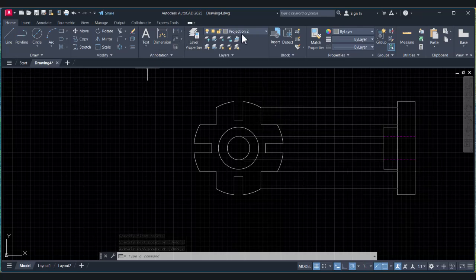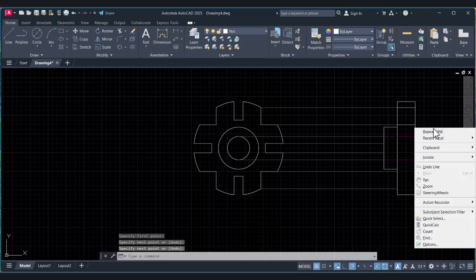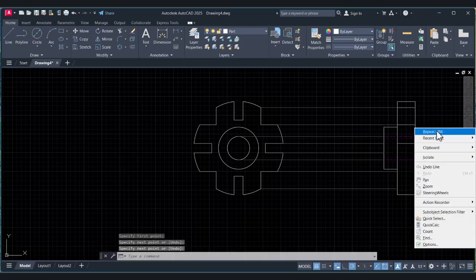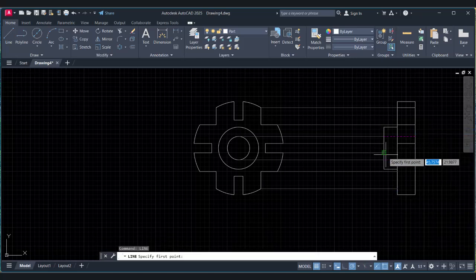Then we have to draw the part line for this one. So for this one till this point, and this edge we can see till this point, make sure it's straight. And for this edge, we can see it from this point to this point, and this one just drag from this point to this point.